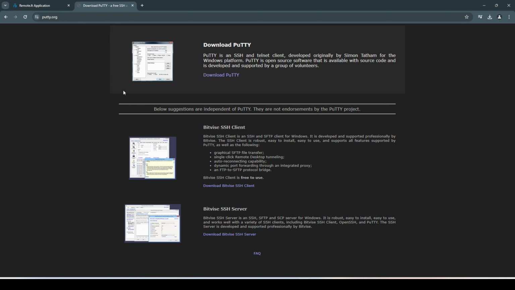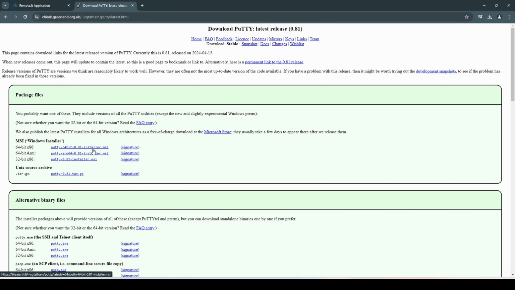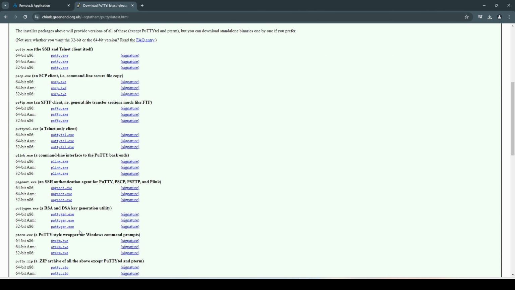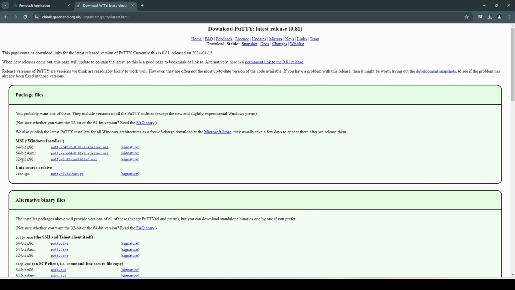Because that's why it was gray, because I don't have an SSH software connection. So that's why I need to install PuTTY, any SSH software on your machine. Now when I go to the PuTTY connection, you can see MSI Windows. I'm installing for Windows, and you can install for your version, whatever the OS version. So in here I'm going to have a 64-bit